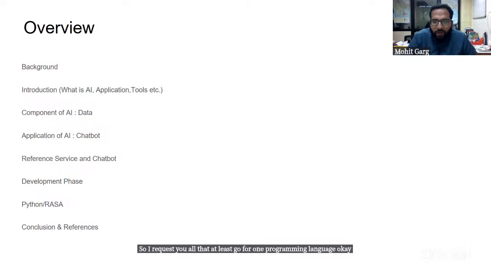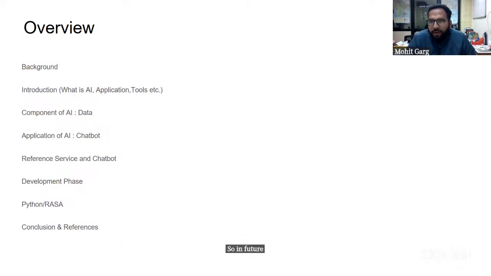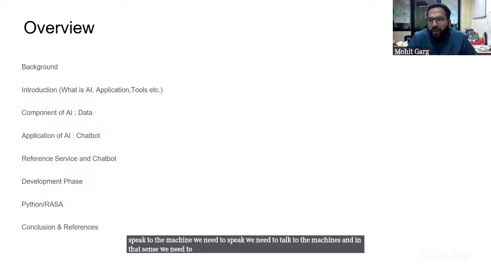Learning a programming language is like the language we use for our day-to-day purposes, whether we speak Marathi, Hindi or English. In future, as librarians, we need to speak to the machine. We need to talk to the machines, and in that sense, we need to go for any of the programming